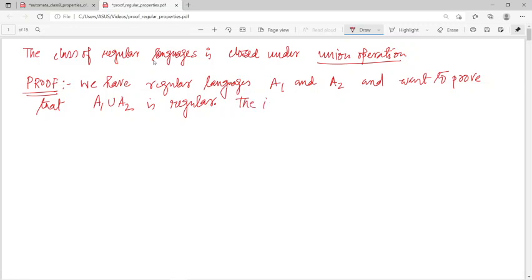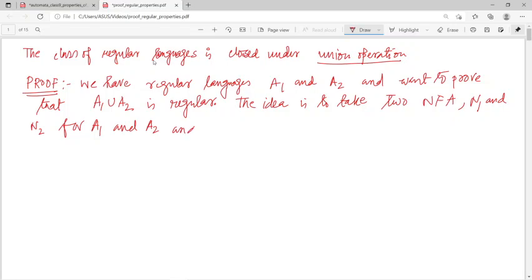Actually, what should be the idea? The idea is to take 2 NFA. We are taking 2 NFA because this is a regular language. A1 has 1 NFA, that is N1, and regular language A2 has another NFA, that is N2, and we are combining them into one new NFA. আমরা যদি কম্বাইন করে একটা নতুন NFA বার করতে পারি, তাহলে আমি বলতে পারি যে সেটার ইউনিয়ন করলে, তার মানে